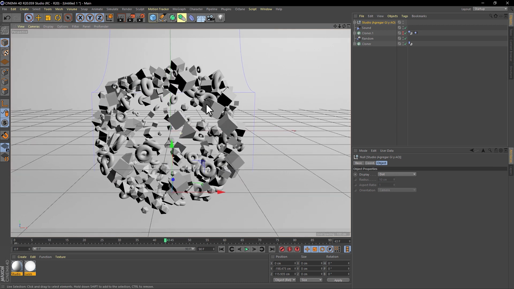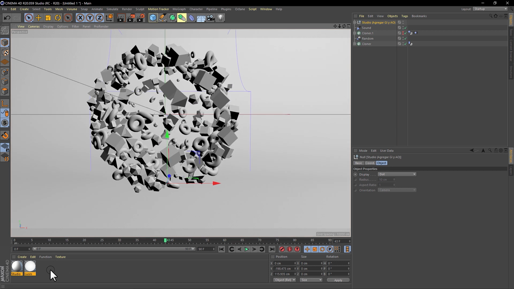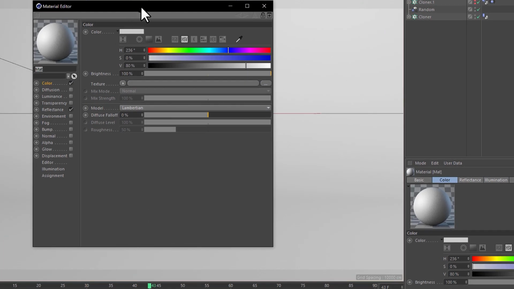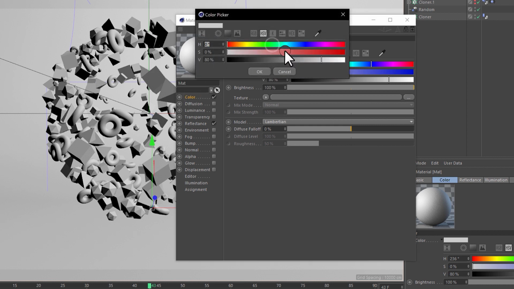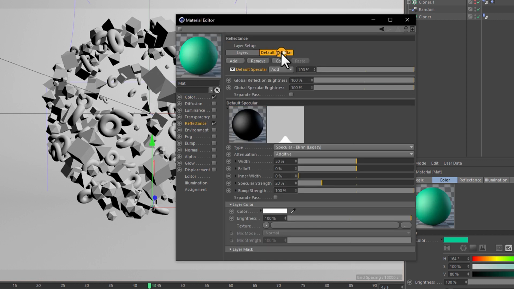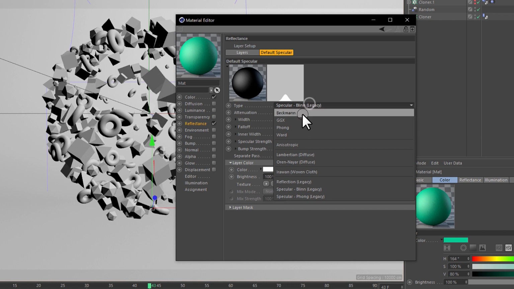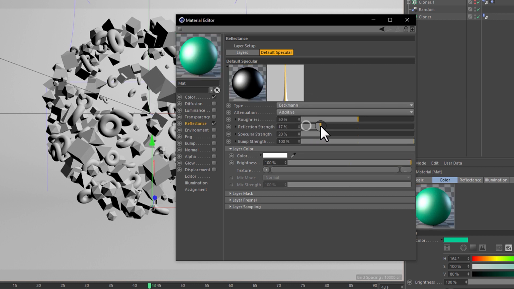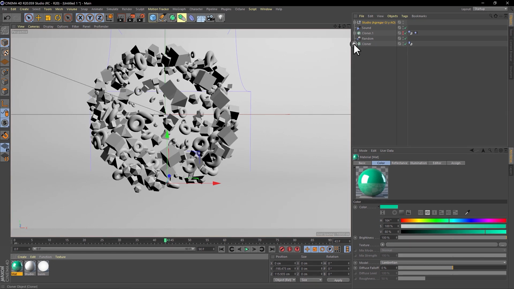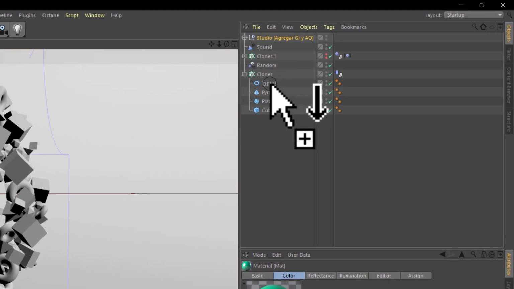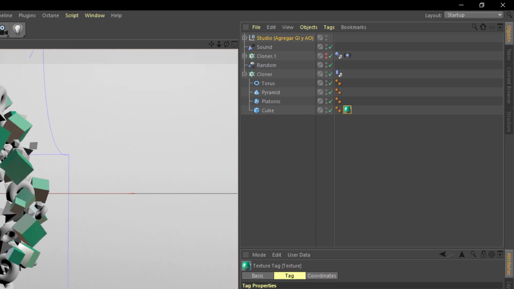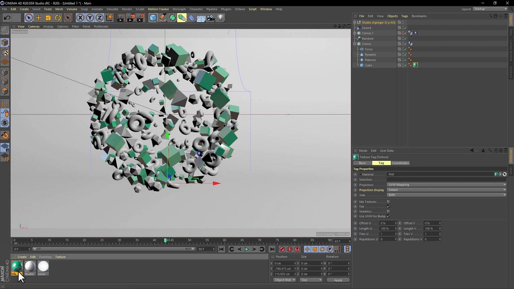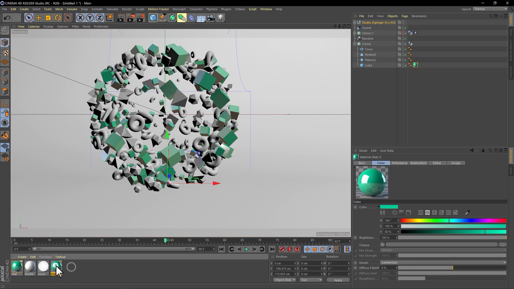And now we need to create some materials. Double click on the material tab, and in the color, pick a color, maybe a blue, a green, and in the reflectance, go to the default specular and change the type to Beckmann. Increase the reflection, maybe 20, and decrease the roughness. Now drag this material to each model, maybe this one for the cube, and duplicate this material by holding Ctrl and dragging to the right, and now just change the color,